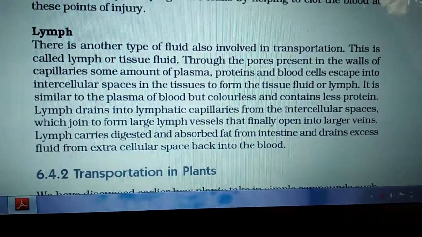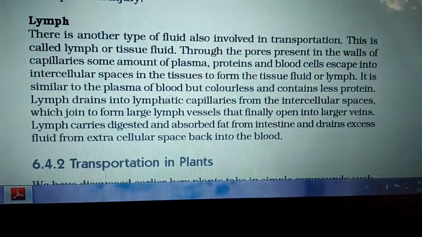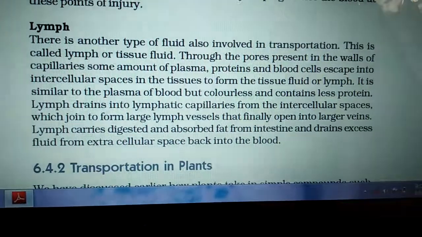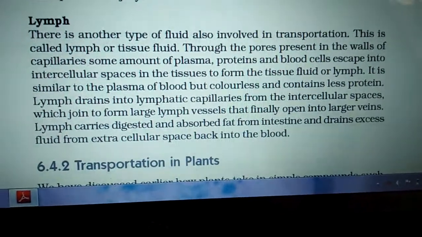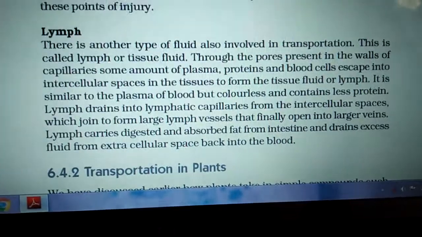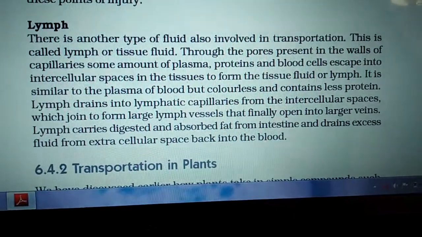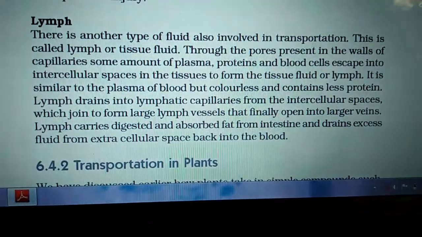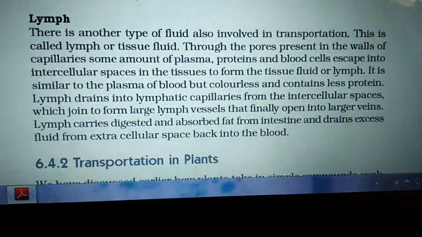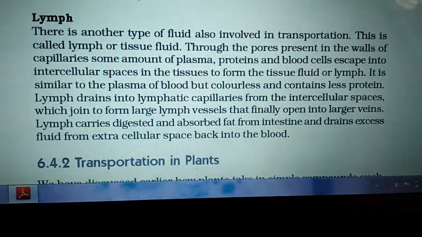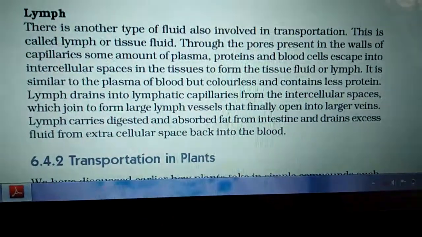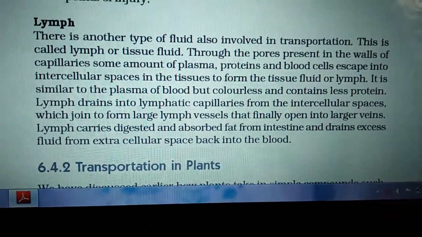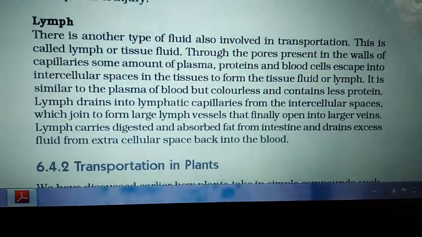Now, how is this lymph formed? Just like the blood circulatory system, we have a lymphatic system in our body. Lymph is the substance which comes out from the blood capillaries when blood passes through the blood vessels. As blood capillaries are very thin walled, some material comes out of them, containing some plasma proteins, salts and water molecules. It gets collected around the cells, so it is also called tissue fluid.